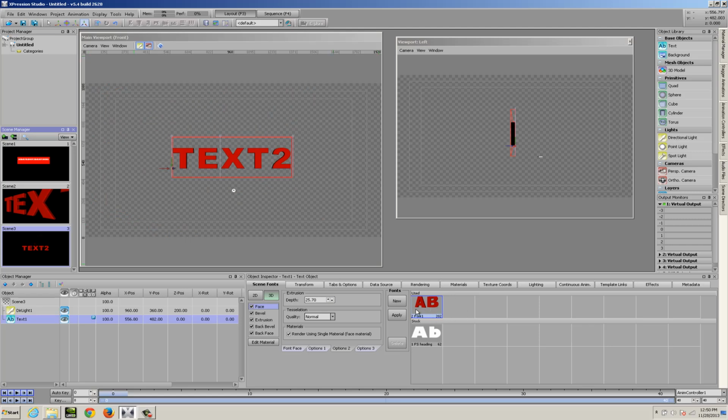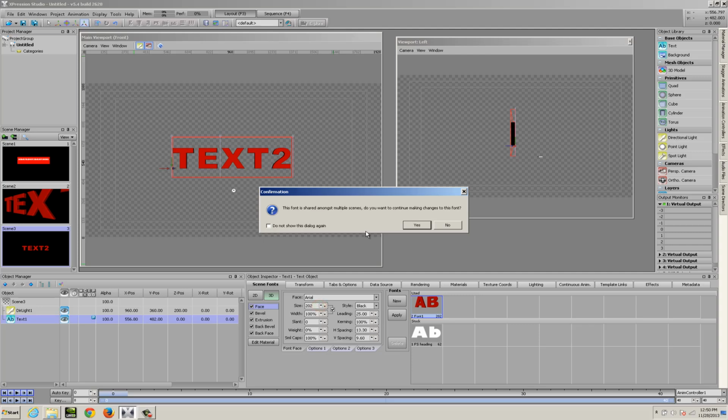If I edit this font, so if I go to my font face and I try to adjust the size, a warning message will pop up and says this font is shared amongst multiple scenes. Do you want to continue making changes to this font, yes or no? This is very important because you may inadvertently change the font styles across many, many scenes if you proceed here.